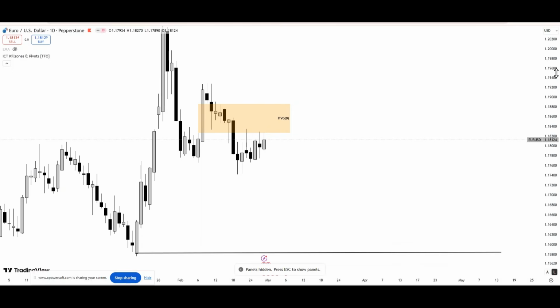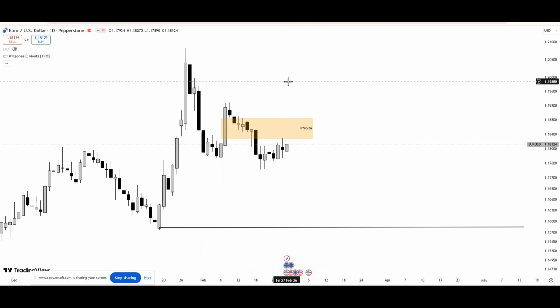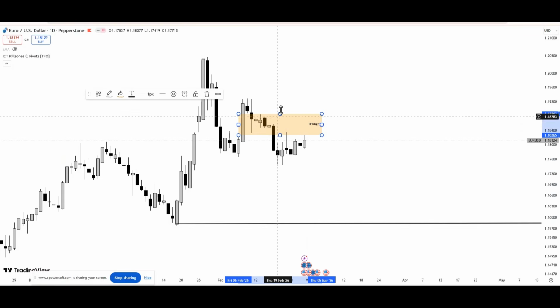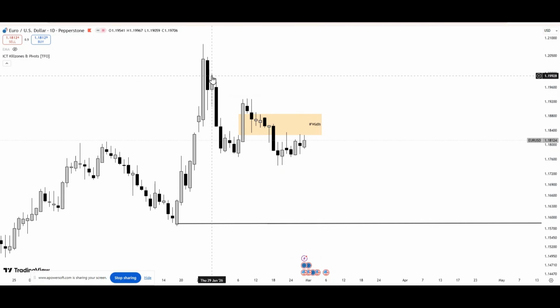So let's look at the daily time frame. As much as the weekly time frame looks bullish, if you come to the daily time frame, you can see already price is changing order flow to bearish. You can see price made a low, made a retracement, a lower low, and you can see also price inverted this bullish fair value gap. So this is a situation where price is respecting bearish PDRA and violating bullish PDRA. So we are stuck again here.